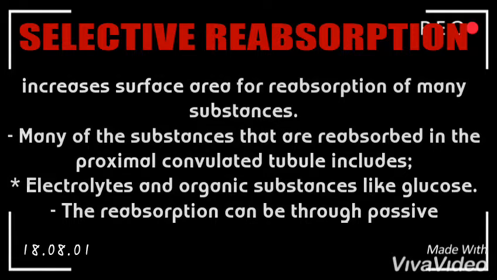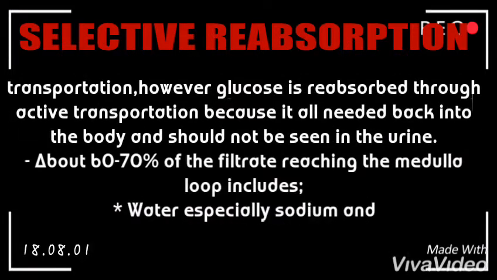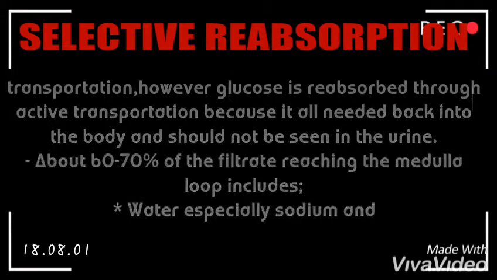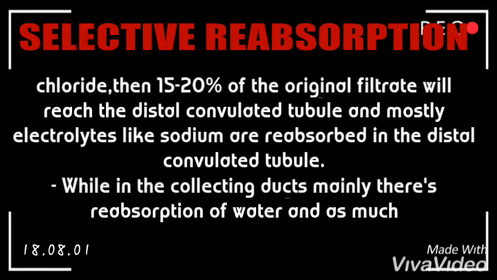The reabsorption can be through passive transportation. However, glucose is reabsorbed through active transportation because it is all needed back in the body and should not be seen in the urine. About 60 to 70% of the filtrate is reabsorbed, including water, especially sodium and chloride. Then 15 to 20% of the original filtrate will reach the